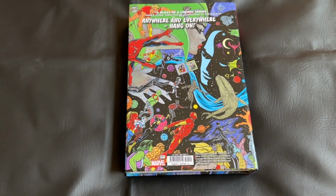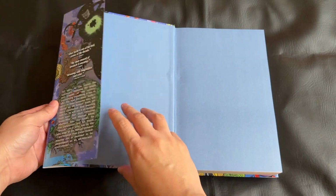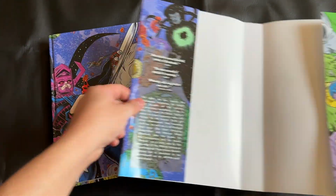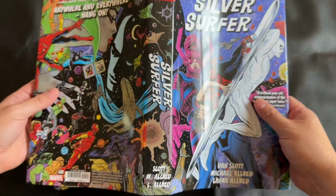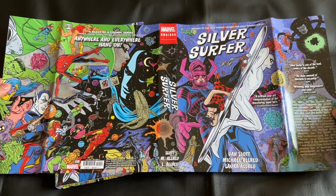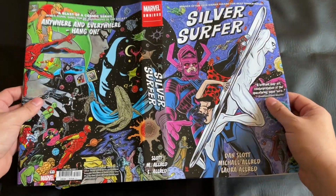Absolutely just incredible. I know one thing too, if you've never read a book from the Allreds, Mike Allred has such a distinct visual style. I love that kind of over-animated, cartoony look, the hard outlines, and of course the incredible color work from Laura Allred. This is just an art piece, probably first and foremost. I know I am captivated by his art style. If there's a good Mike Allred book out there, I will try to seek it out to sample it if I can, but it is a very polarizing artistic style, so that's definitely something to be mindful of when you